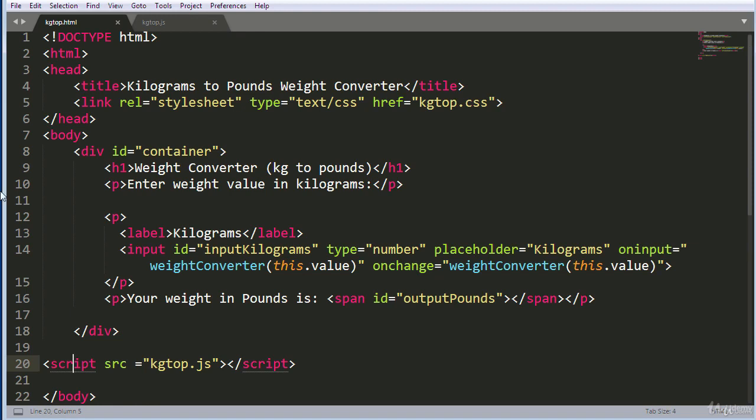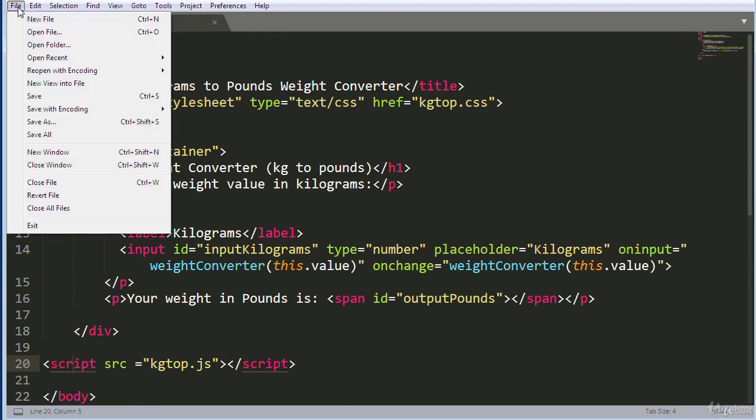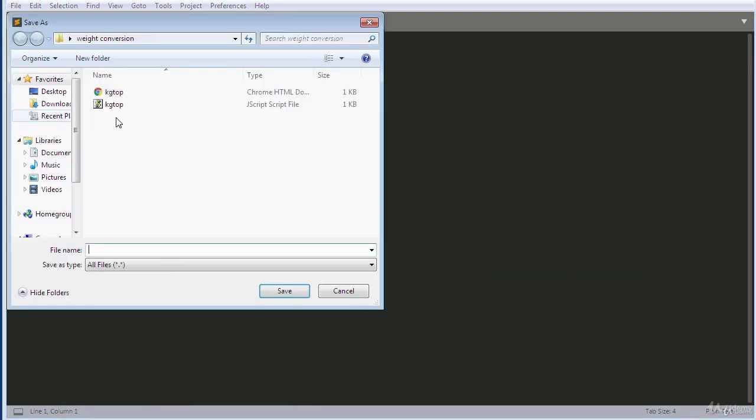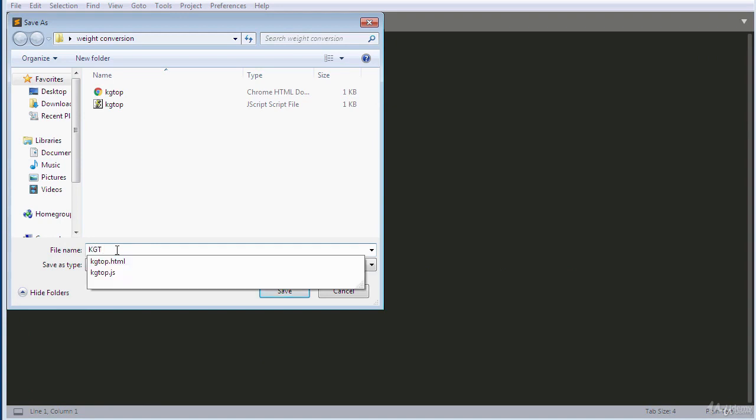Hello and welcome. In this video, I will be adding some very basic CSS to make the application look a bit nicer. So inside our HTML here, we've already got a reference to an external style sheet, and I've called it kg2p.css. So I'm going to create that file now by going to the file option, clicking on new file, and I'm going to save it inside the same directory, and I'll call it kg2